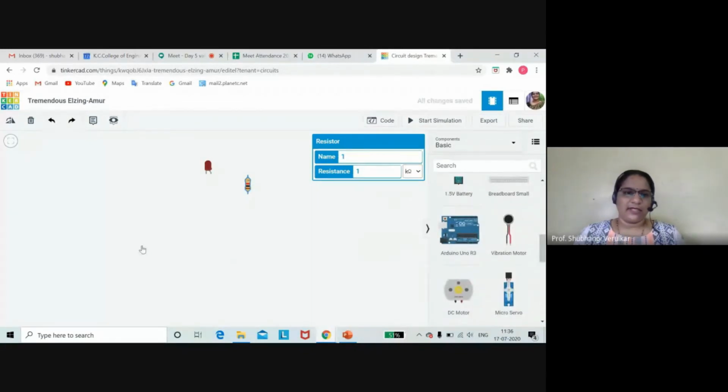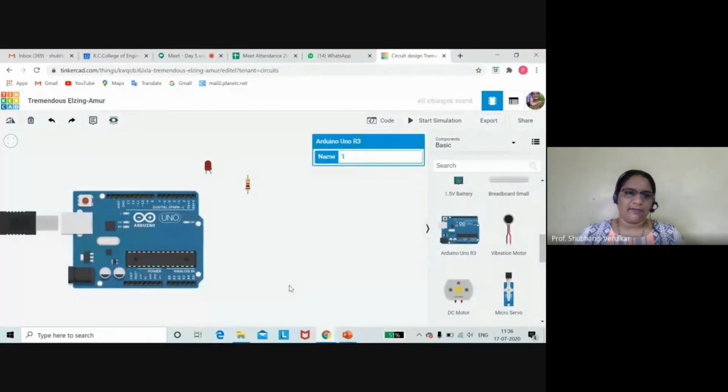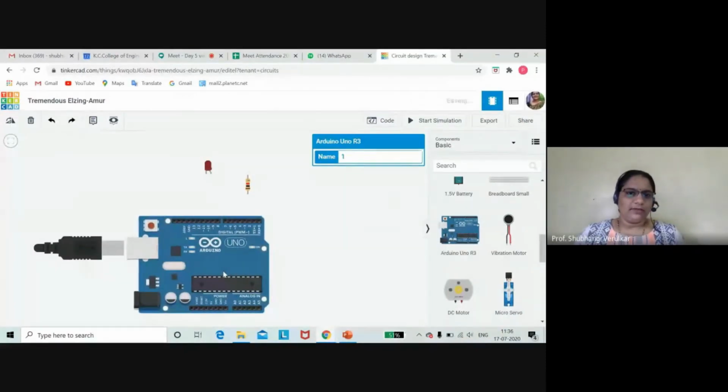Arduino is present here with a cable. There is no need to purchase the Arduino cable separately here. Arduino is present with cable only. You can rotate it however you want. So this is your LED. If some people want to build this circuit on breadboard also, they can do it. I will tell you how you are going to do circuit design on breadboard also. So we will just do a simple connection.